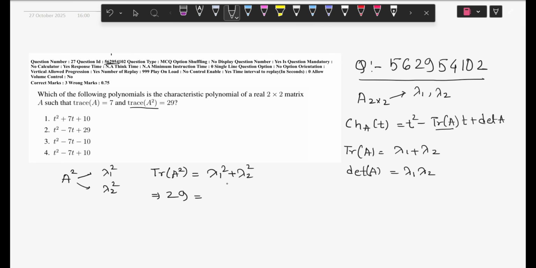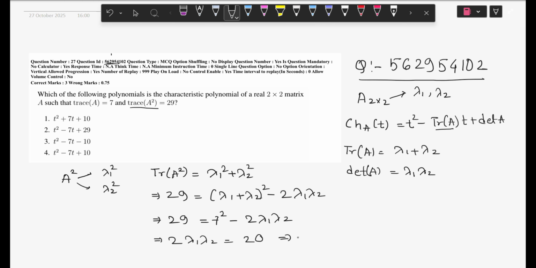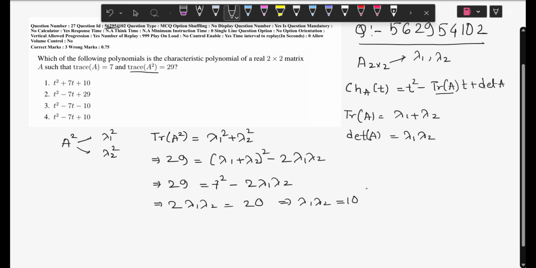If I use the formula of a square plus b square, I can write lambda 1 square plus lambda 2 square as lambda 1 plus lambda 2 whole square minus 2 times lambda 1 lambda 2. This is equal to 29. This is equal to 7 square minus 2 times lambda 1 lambda 2. So 2 times lambda 1 lambda 2 is equal to 7 square minus 29, that gives you 20, and hence the value of lambda 1 lambda 2 is 10. Therefore det of the matrix is 10, which is equal to det A,